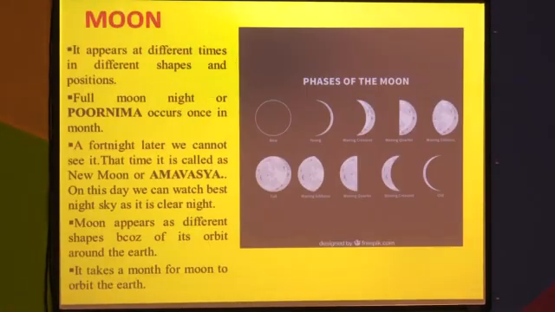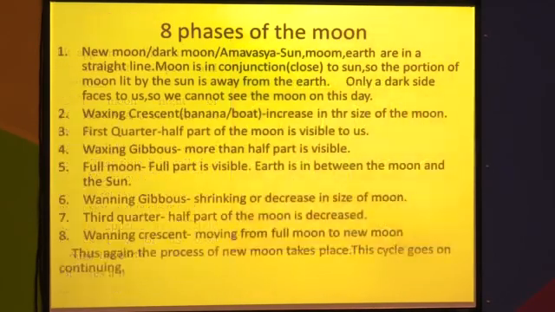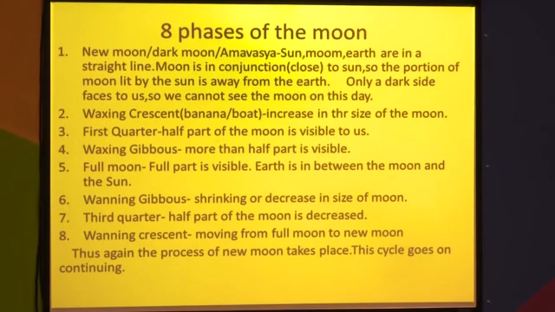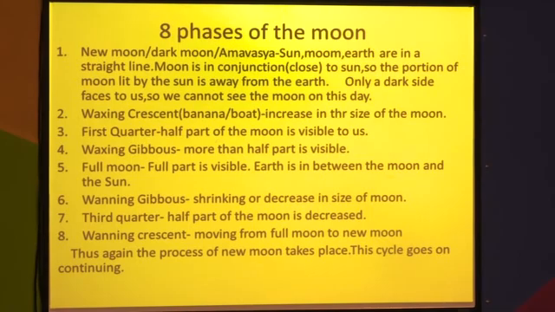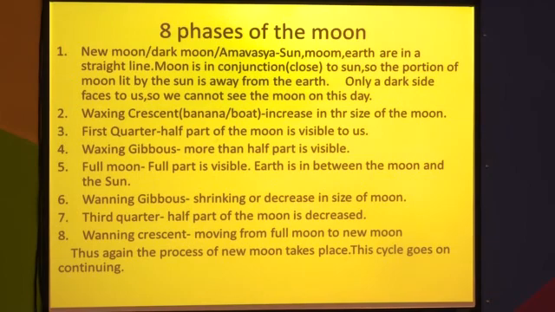Next we have seen moon, okay? I have explained to you about the different phases of moon. There are a total of 8 phases of moon that we have discussed: new moon, then the second stage was waxing crescent, third was first quarter, fourth was waxing gibbous, then full moon, next waning gibbous, waning quarter, waning crescent and again the new moon, and in this way how the cycle goes on changing we have seen